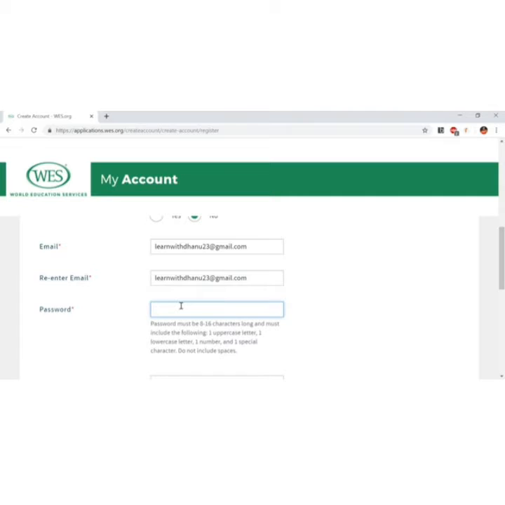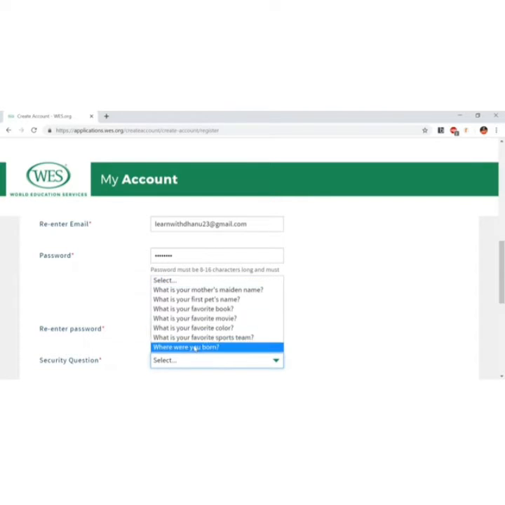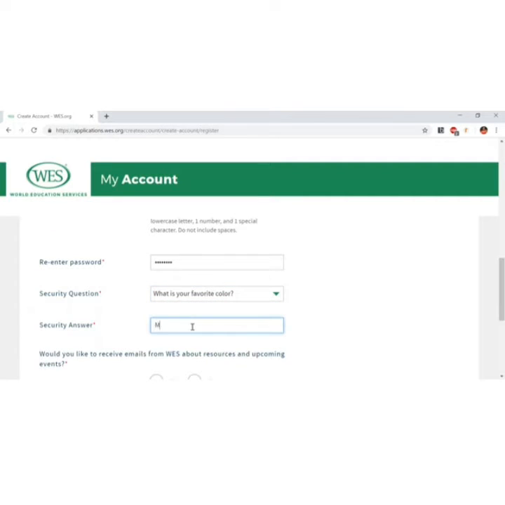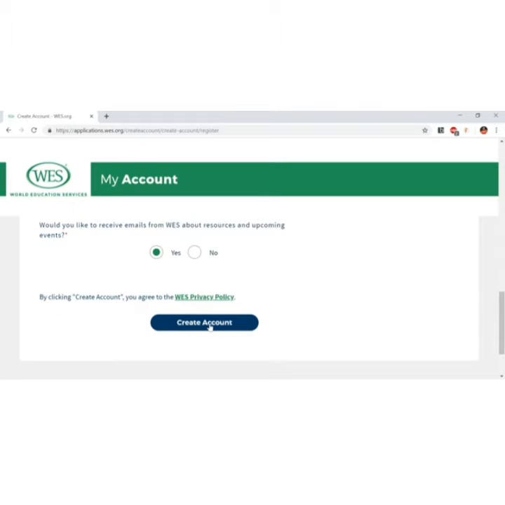Then select a password and a security question. Would you like to receive emails from WES about resources and upcoming events? Yes. And just click on create account.